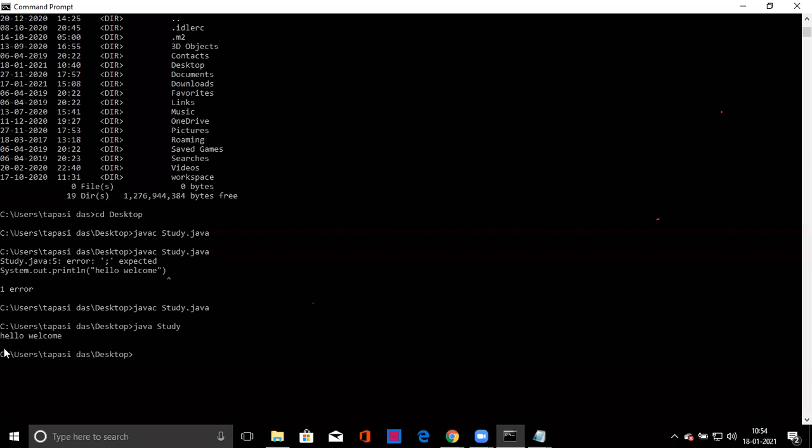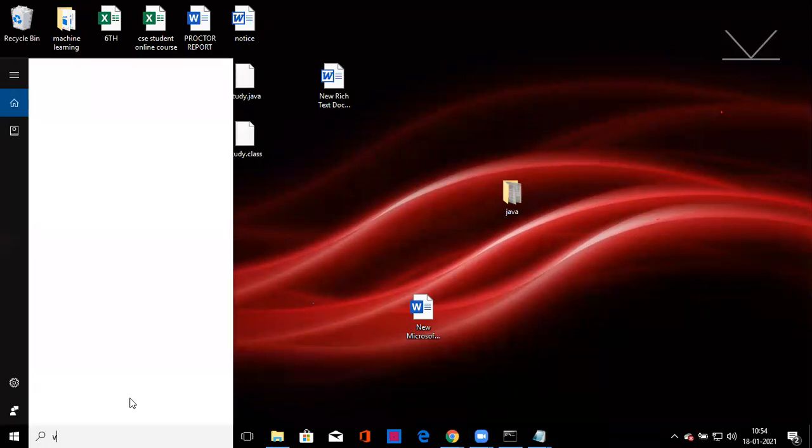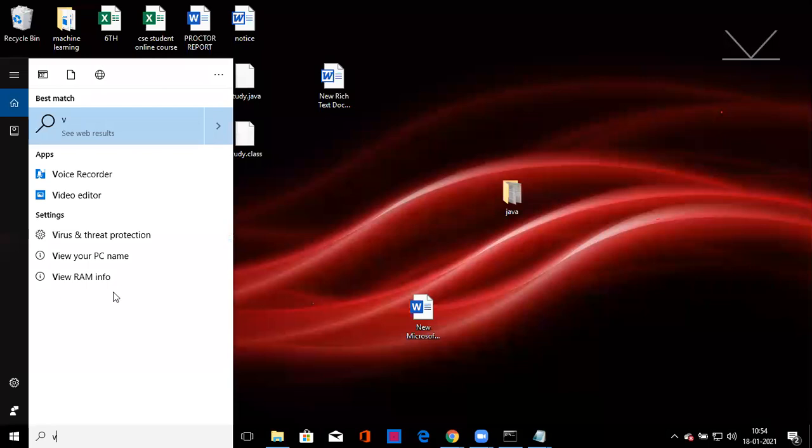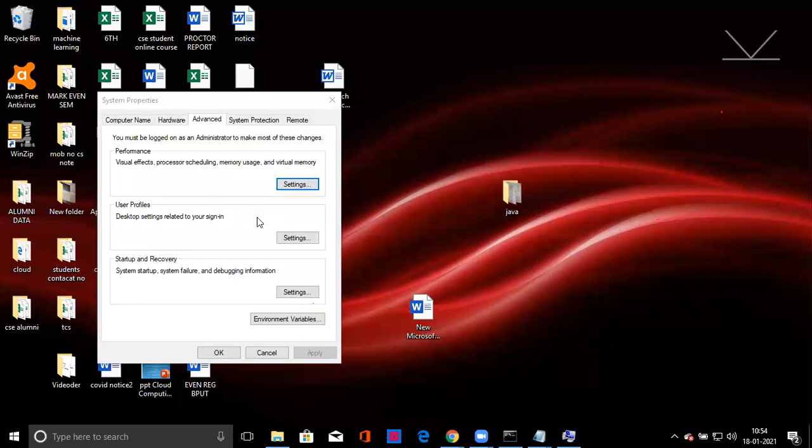After installing, your next task is setting the path. For setting the path, first you have to go to where your Java is installed. Go to the bin folder and copy the path. Then you have to paste the path. For pasting the path, you have to go to edit the system variable, then go to environment variable.